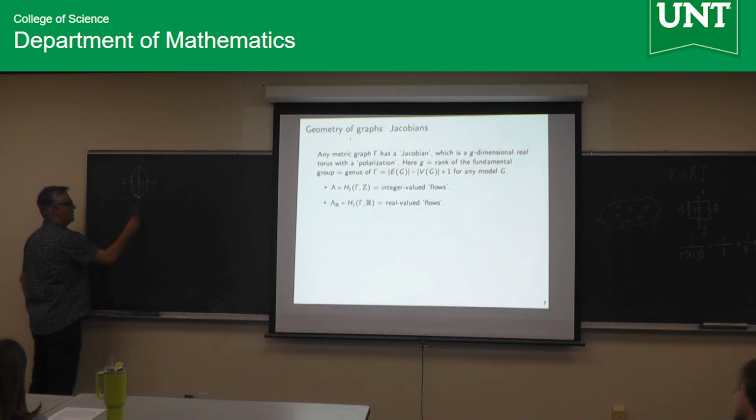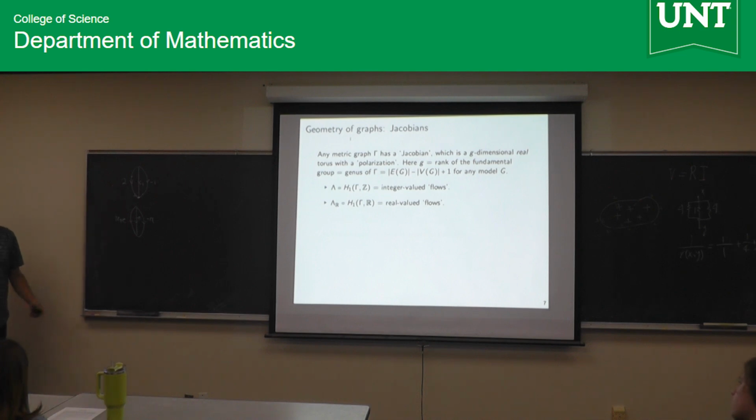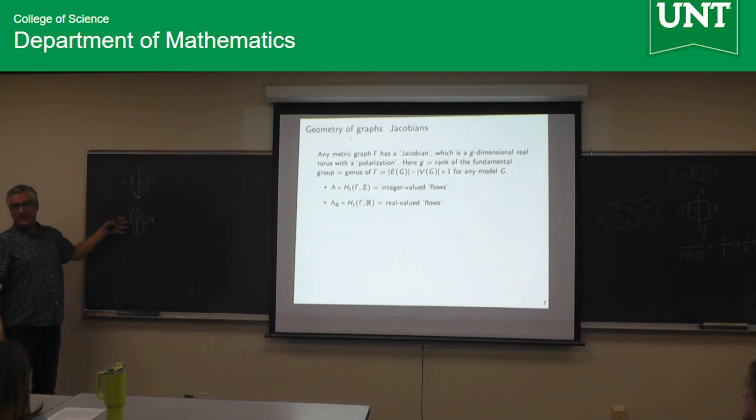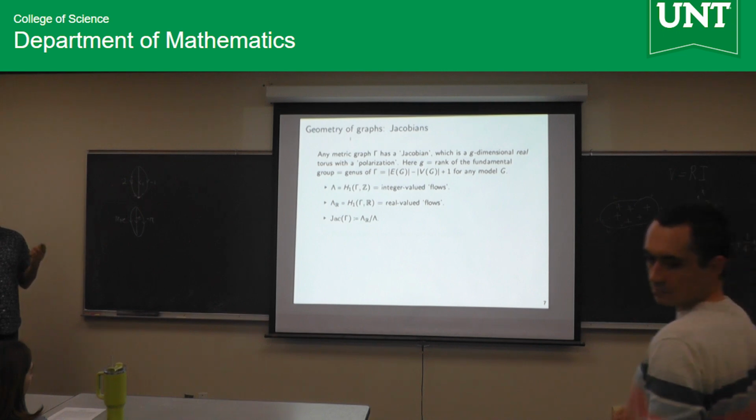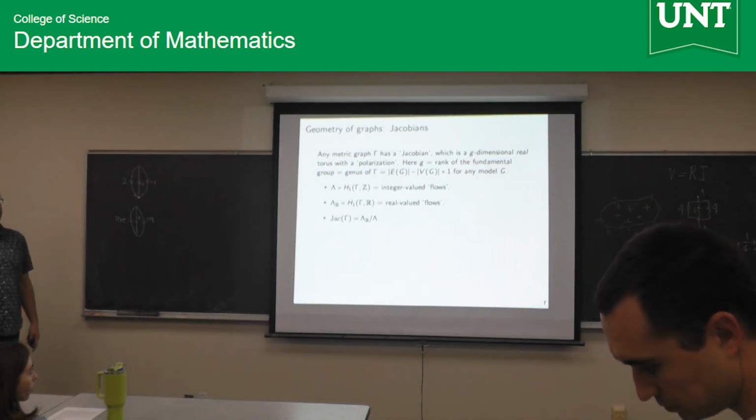So I'm going to make a vector space of real valued flows, which now an element can be, I don't know, pi plus e minus pi. The advantage being now I have a vector space, I can scale this with a real number as well, and I still get a flow. So I have a subgroup of a vector space. And you can imagine what I'm going to do. I'm going to look at the quotient. I have a vector space, I have a subgroup, I look at the quotient group.